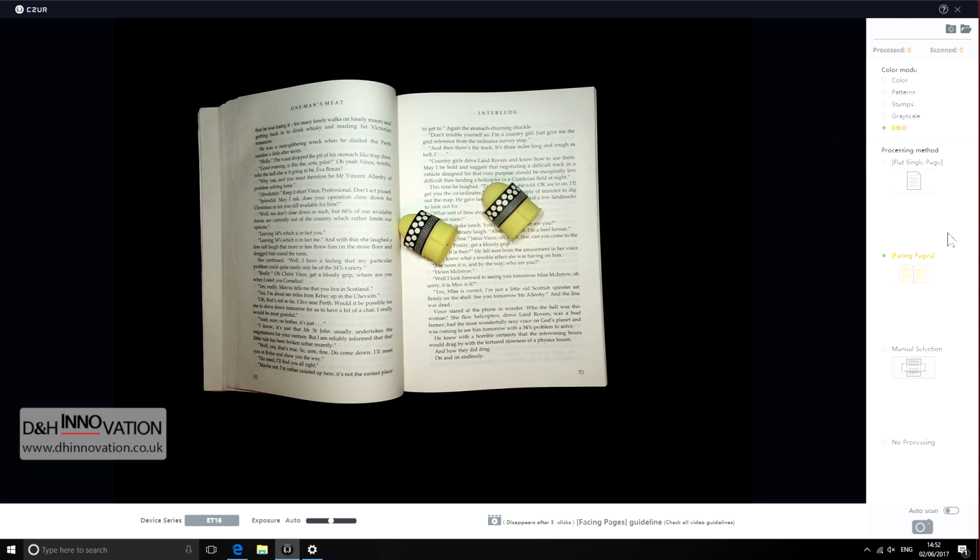The next step is to choose the processing method. If you are scanning a single page, or just flat documents, which do not require curve corrections, you shall choose the flat single page mode for faster and more accurate image processing. If you are scanning bound documents such as books or accounting documents which have a curve to be flattened, you shall choose the facing page mode so the scanner will automatically flatten the scanned image and correct any curves it